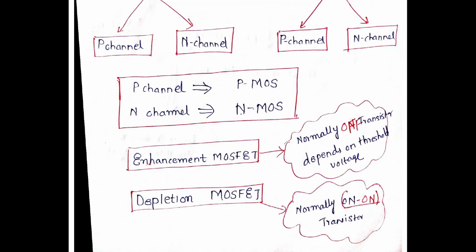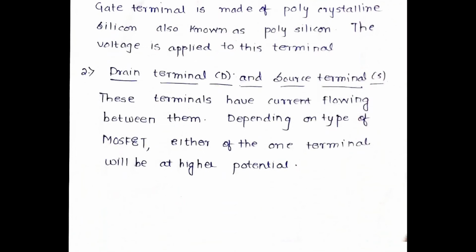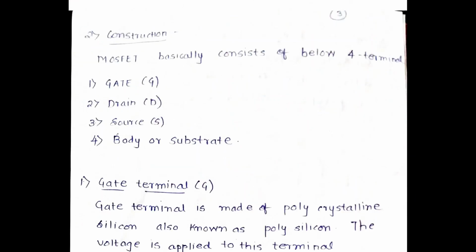Okay, so there's one correction, guys, which I told you wrong. I told you that it should be VCVS. No, it should be VCCS. No, it is correct. This should be VCVS only. It should be only VCVS, that is the voltage controlled voltage source. So the voltage will control the voltage source. Of course, depending upon the voltage, the current gets varied, but the MOSFET is only called VCVS. I hope I am very clear with this.